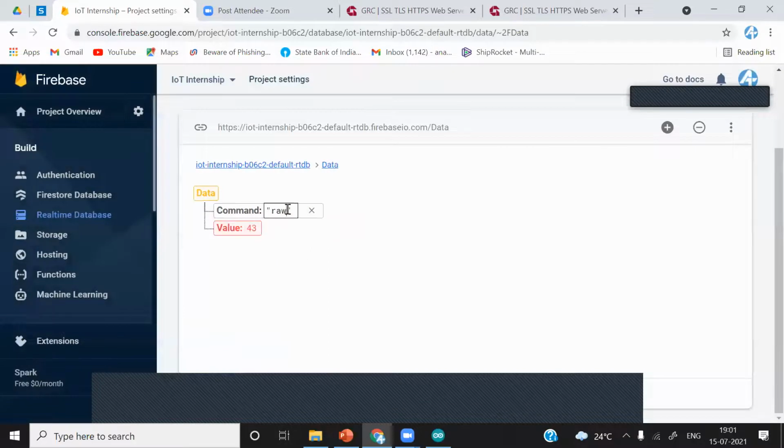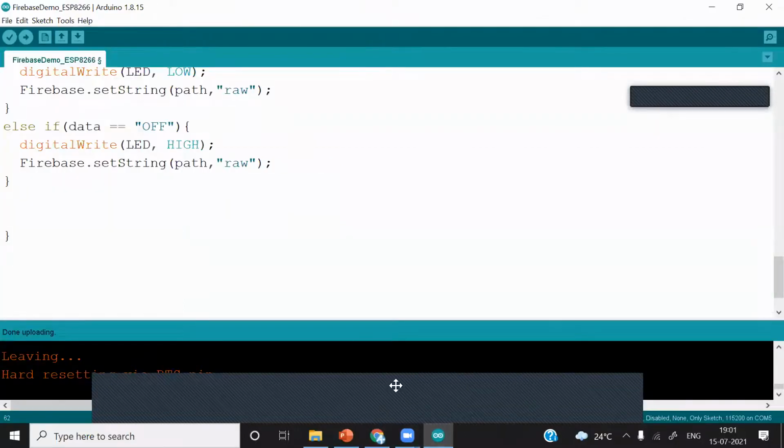Now the LED state is on currently. So what I will do is change it to the off, capital OFF, all letters in capital. Let me just check the code. It is off.